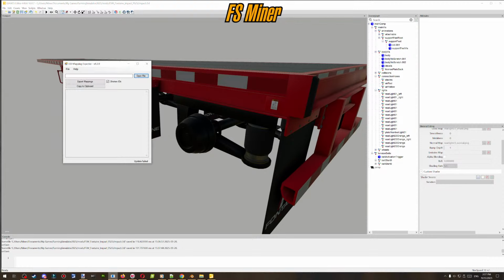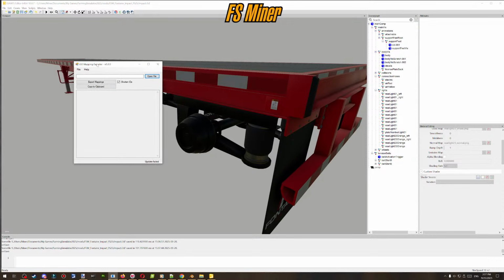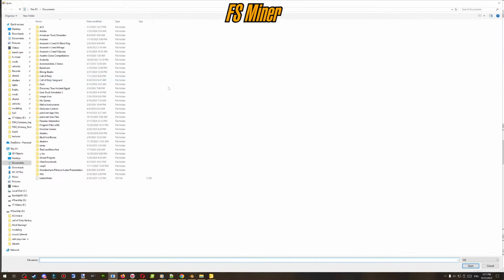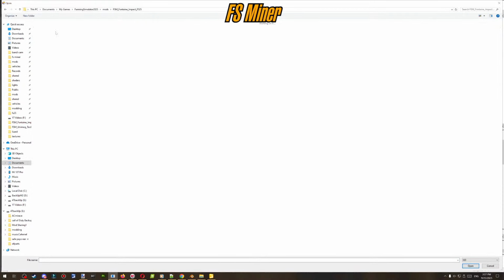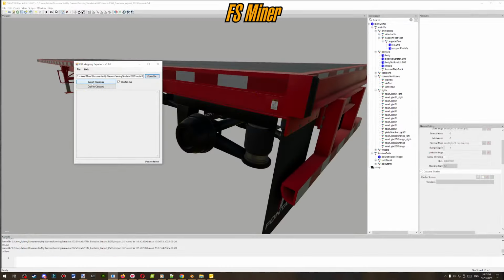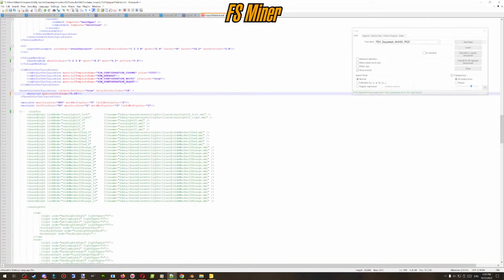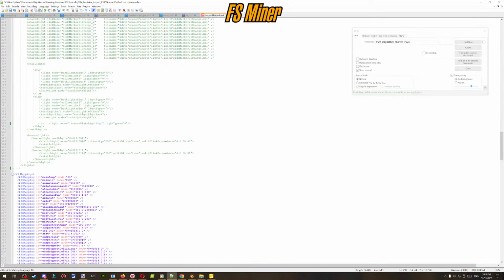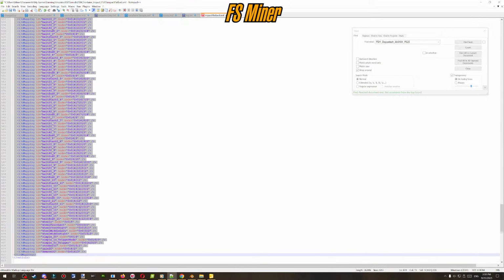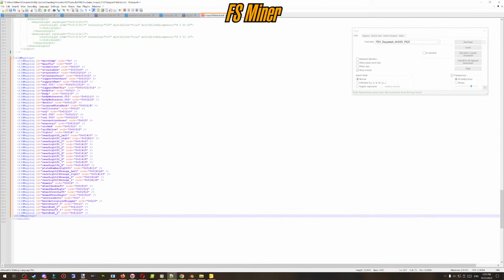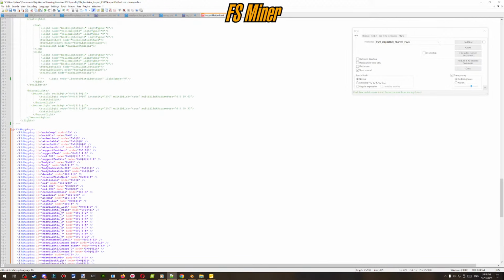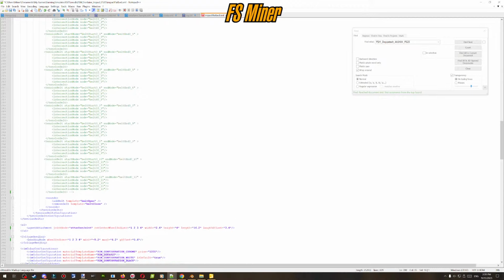Save. That thing called i3D mapping exporter. You select your i3D, export, copy. You go on your XML and you paste. Oh, so there is no need to put the number in the notes. If you have the name,